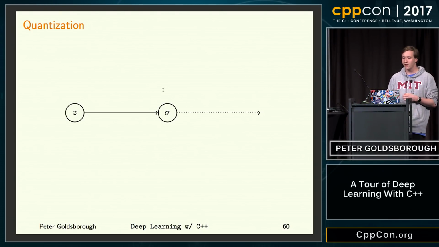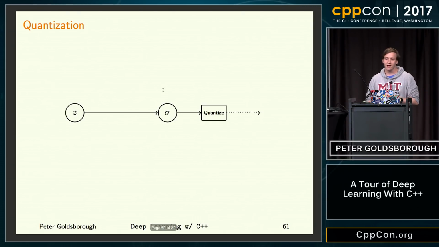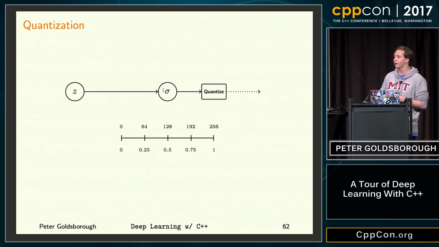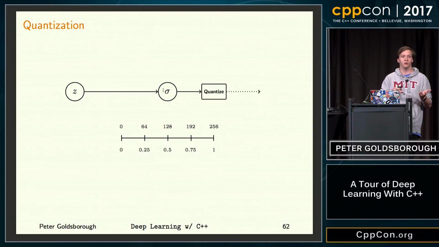And the way quantization could work, for example, is that if you have the sigmoid here, we know that the sigmoid has an output range of 0 to 1, which means that we can add a kind of quantize op to our computation graph, which will simply linearly quantize that 64-bit floating point value into a single 8-bit char, which would, for example, map the value of 0.25 to 64 and values between 0 and 0.25 to some value in between.